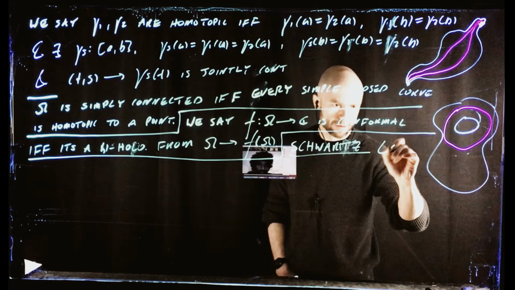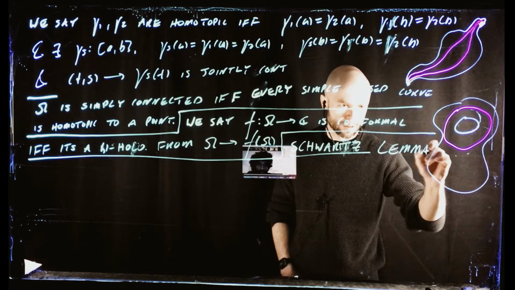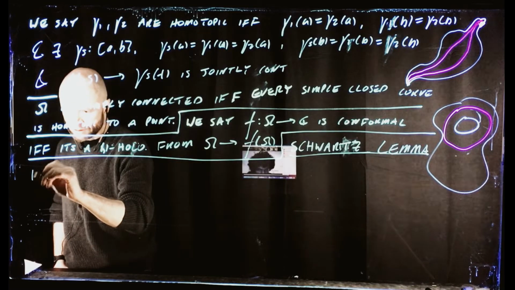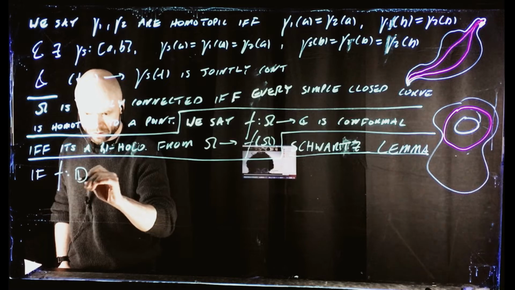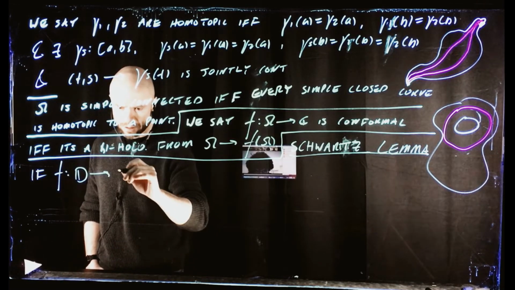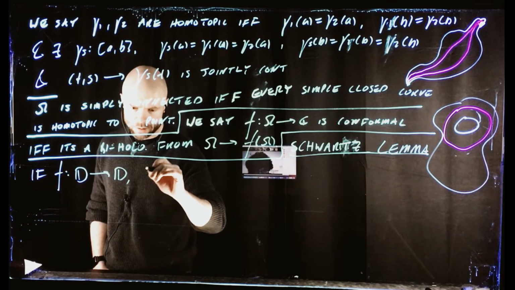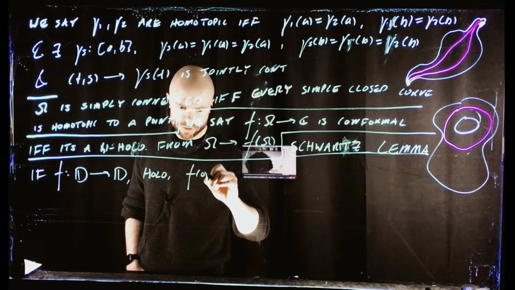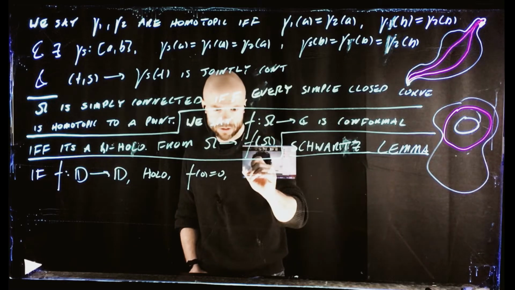Schwarz's lemma. So what does this say? It says that if f from the unit disk into the unit disk is holomorphic and f of 0 equals 0, then